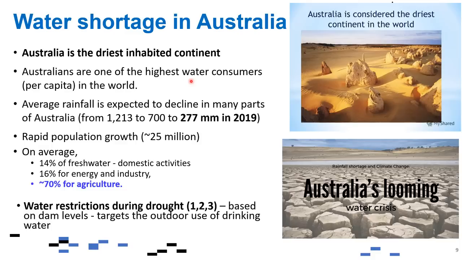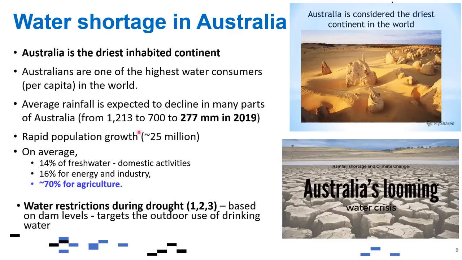We try to use our water as much as we can. We are lucky enough that we can have water by just the turn of our taps, and we have high quality water and we can drink directly from the tap. But we also use so much water in our everyday life, so we are one of the highest water consumers. In terms of precipitation or average rainfall, we are also receiving declining rainfall in Australia because of some factors,